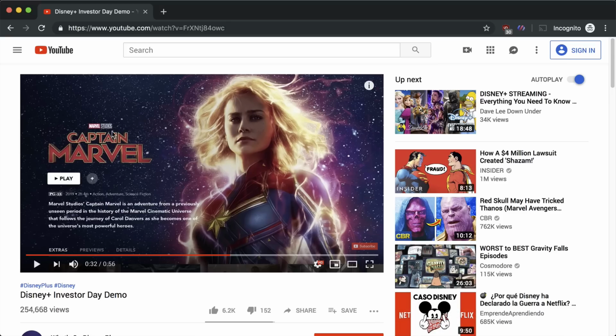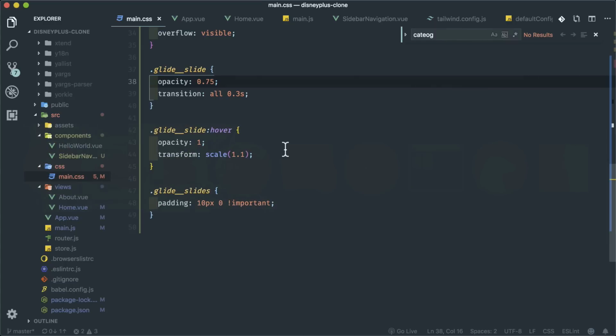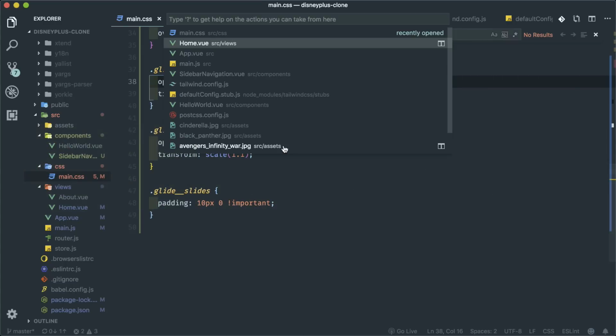So the first thing I want to do here is make this full width. Right now it's within a container and it's in the center of the page. But in here, I want this to be full width. So I have to make a change in our layout. If you look in our app view,